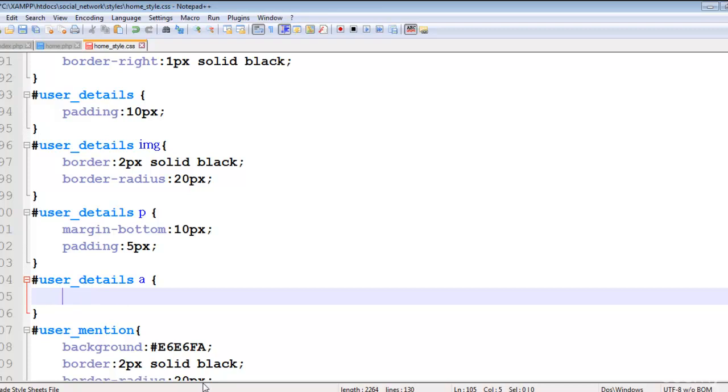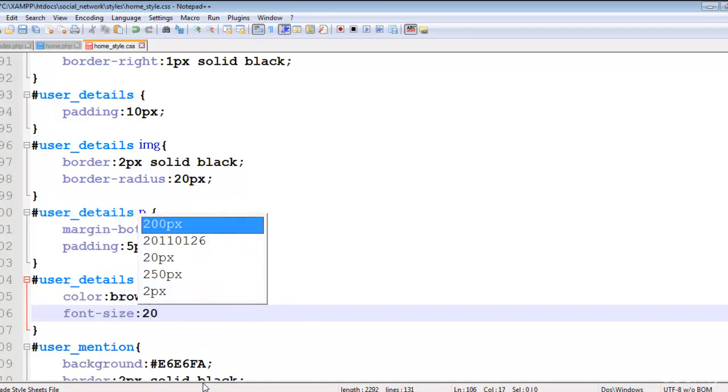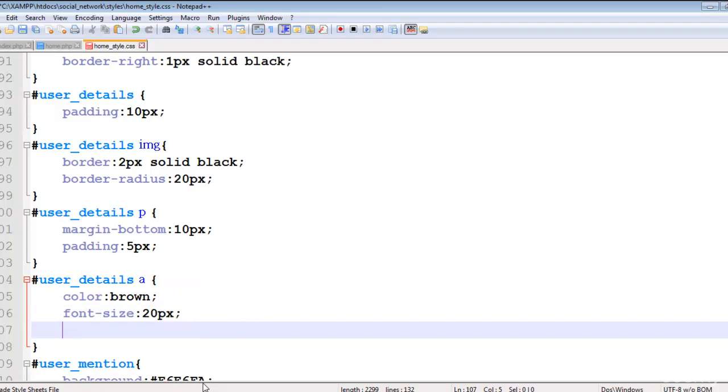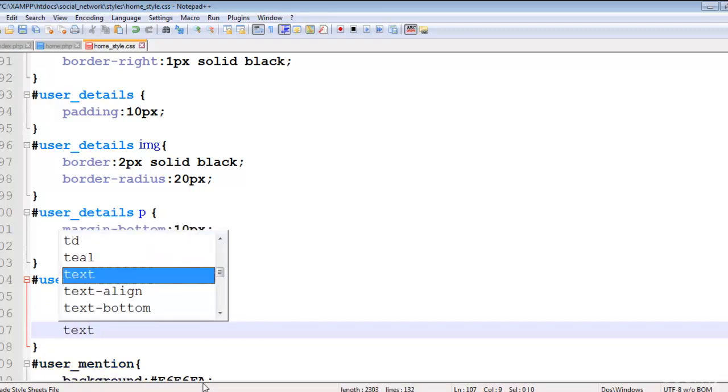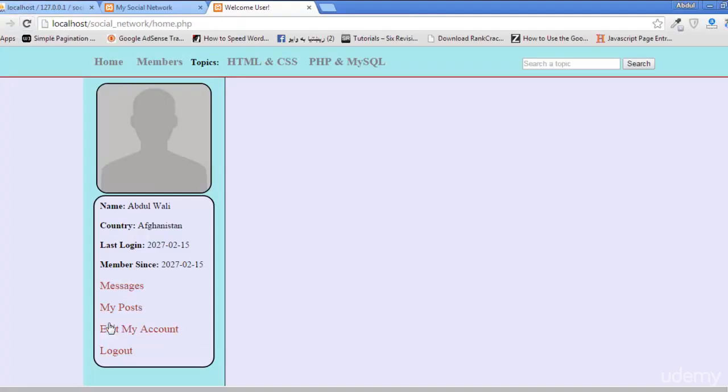So we will say color brown, font size will be 20px, and text decoration will be none. Save, and you can see it is nicely appearing here, and